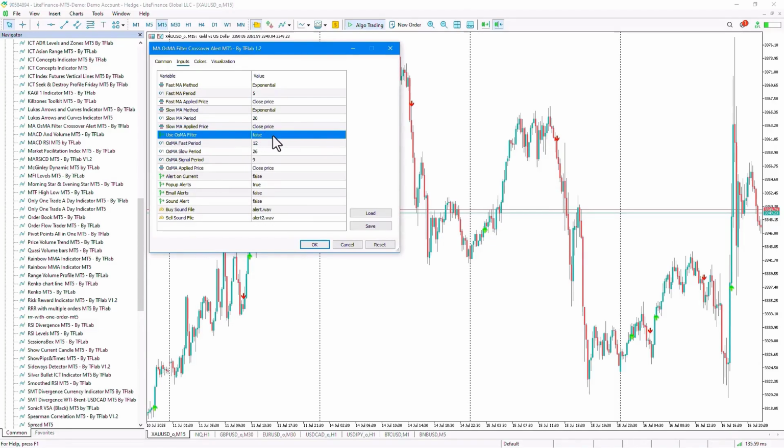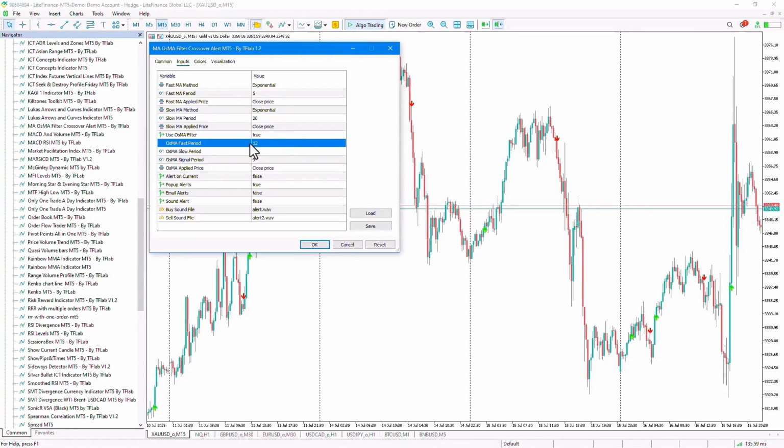We can set this option to false, and if this option is set to false, only the moving average crossover signal will be considered, and it will only take into account when the fast-moving average crosses over the slow-moving average. Signals will be generated on the chart, and if this option is set to true, we can also use the